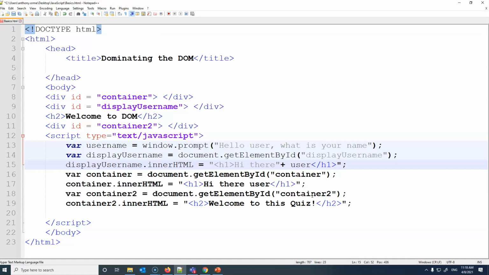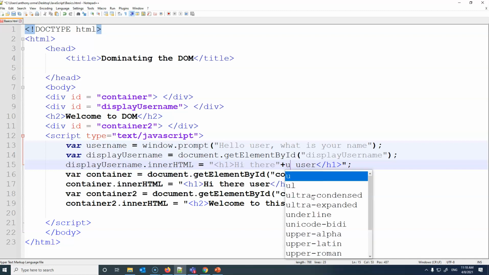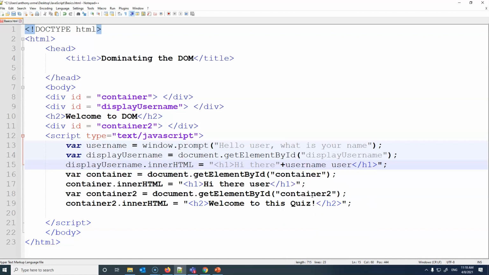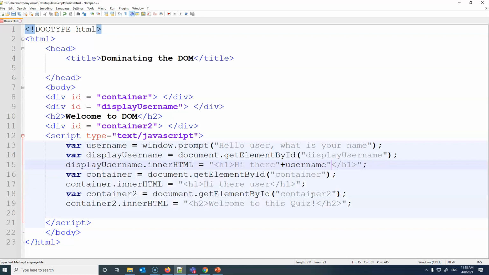We'll put a plus sign here, and we'll say username, and we'll put another plus sign. Actually, we don't need a plus sign there. We can put a plus sign because it's got to put the H1 here as well. And so if I save that,